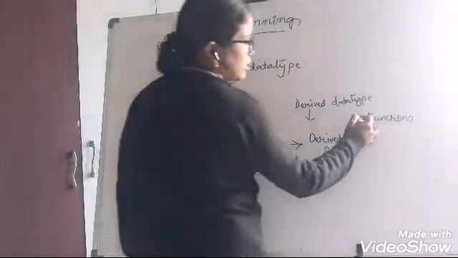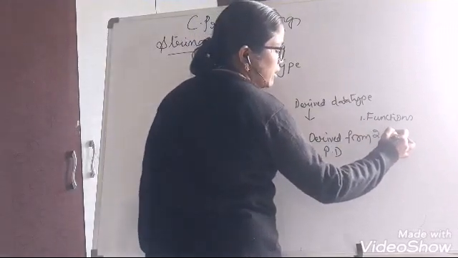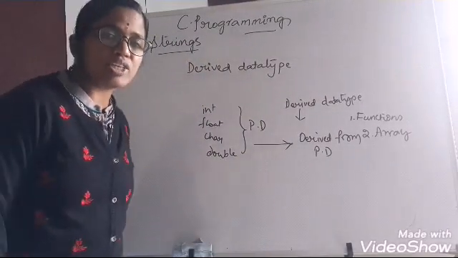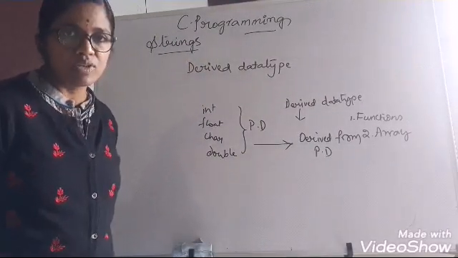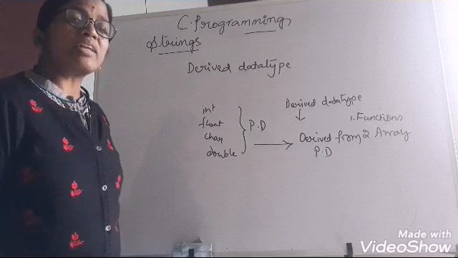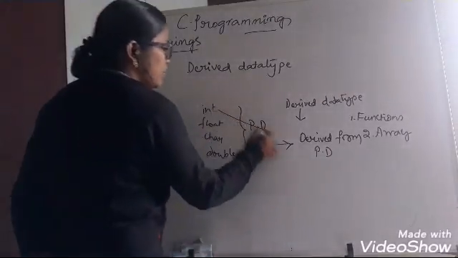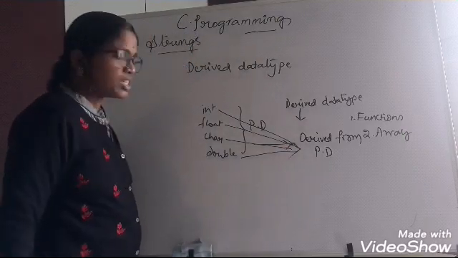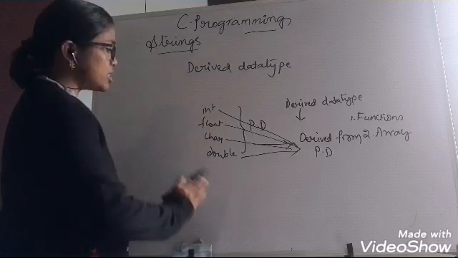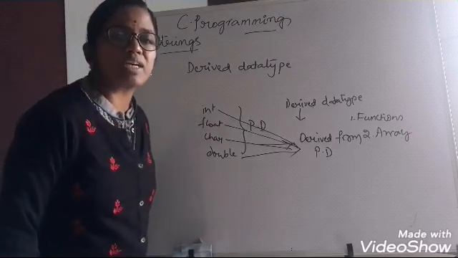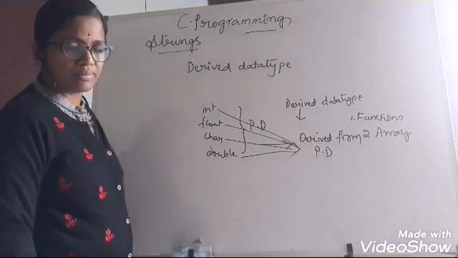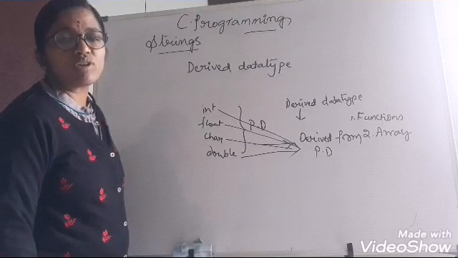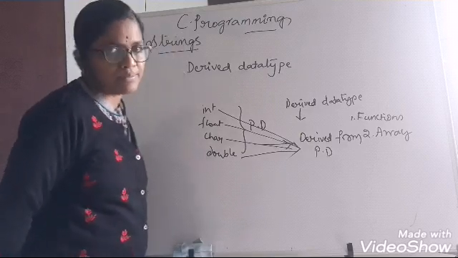In continuation with that, after functions, we have learnt the array. So what is an array? Array is a collection of similar data items. So what are the items? This can be any one of these four. So it can be a collection of integers, it can be a collection of floats, or it can be a collection of characters, or it can be a collection of doubles. Right? So we have seen an array is a collection of similar data items.